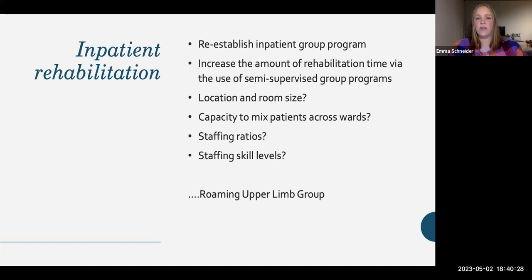So it was definitely a semi-supervised group where people were set up to do practice, and we had a lot of requirements. A patient had to have already been given their independent practice program, and that was used in their group program. But the therapist running that group program had the autonomy to adapt and change that program if that was needed, and that could be fed back to the treating therapist.